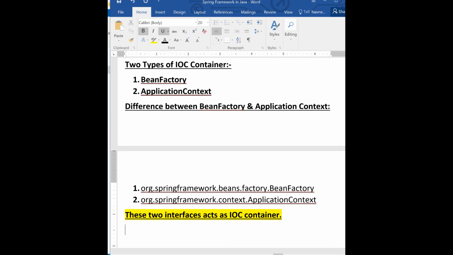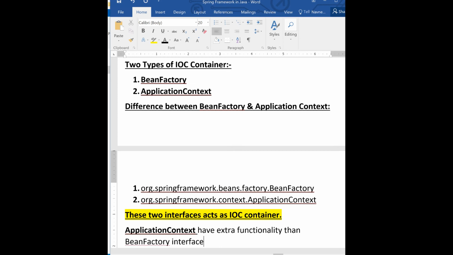So let's first understand the points that I told you. Application context has extra functionality over the bean factory interface.